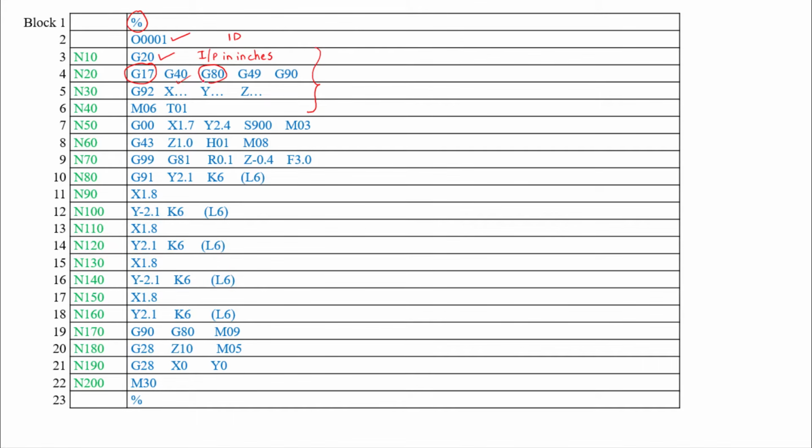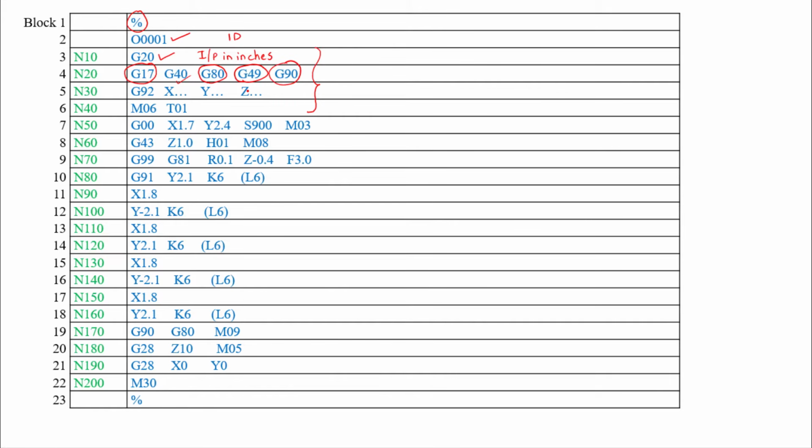There are certain drilling cycles or canned cycles which might have been activated, or the previous program might not have deactivated certain canned cycles, so we need to just cancel them. It is very similar to the clear screen command which we use in our general programming. G49 is tool length compensation cancel.